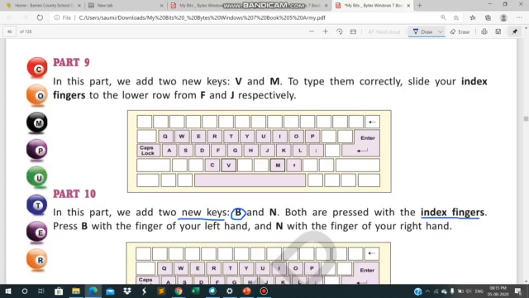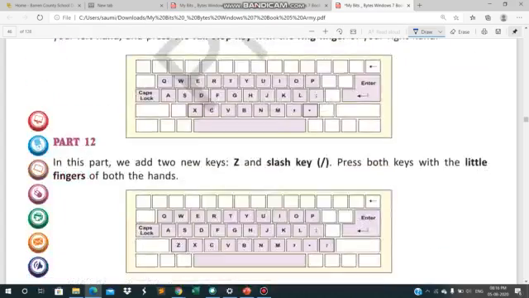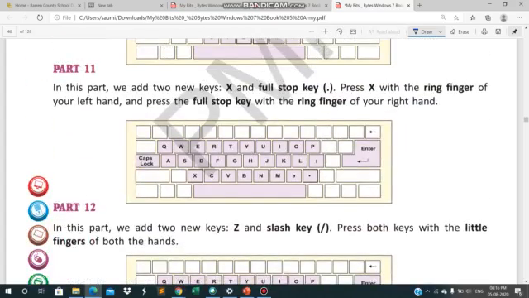B is pressed with the index finger of your left hand and N with the index finger of your right hand.